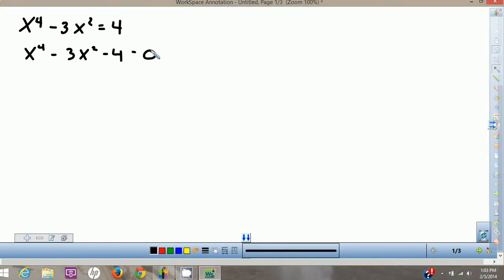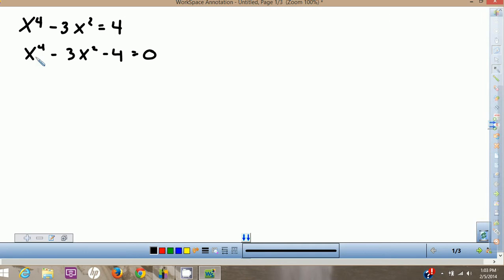Well, I'm going to use kind of a strange little method to solve this. Do I have a common factor here? No, because there's no x in this 4 term. This is what's called a quadratic form of a polynomial, even though it's not a quadratic. It's x to the fourth, x squared, x to the 0. When that happens, if I can turn this into something squared, then I can factor it as if it were